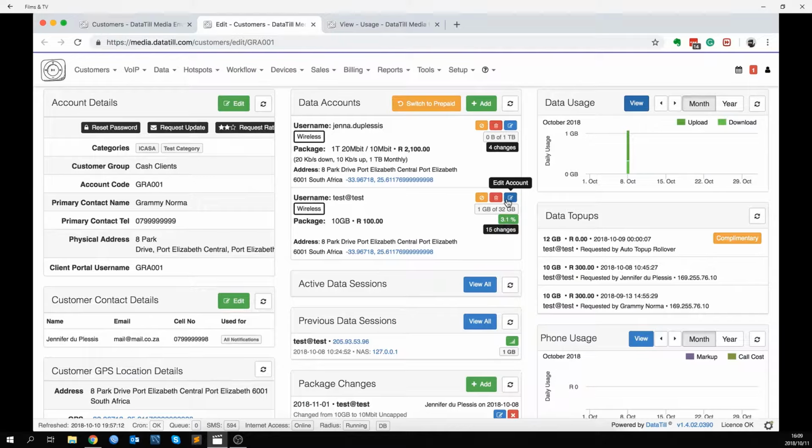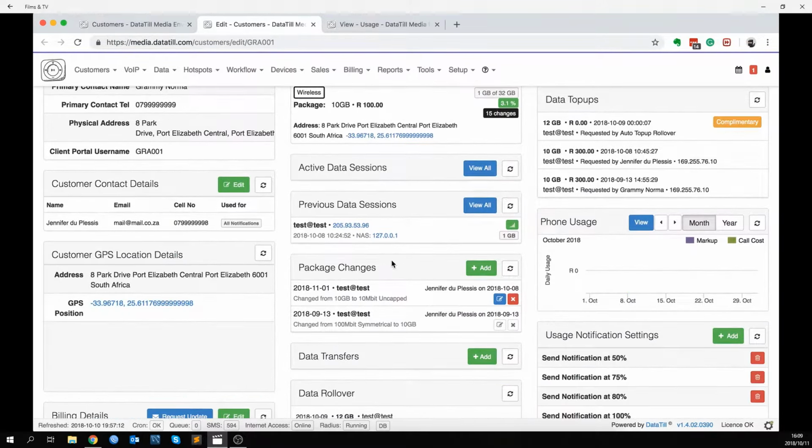Even though you are able to change the package from here, it is advised that you rather do the package changes through this section, as it will allow you to keep better track of who made a package change on what date, etc. To do a package change, you will simply click on Add,